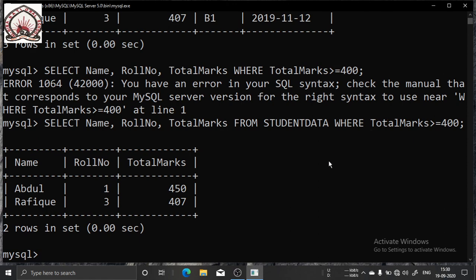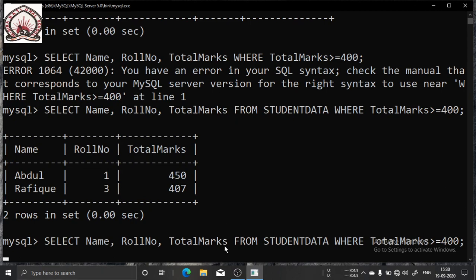Same thing I can do. Suppose I want to select only name and roll number of those students who have got A1 grade.